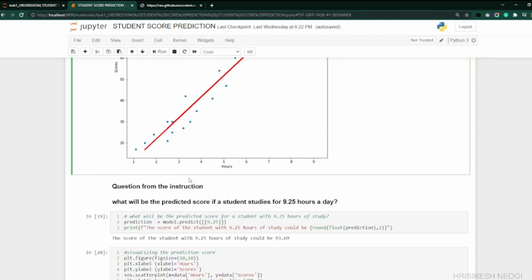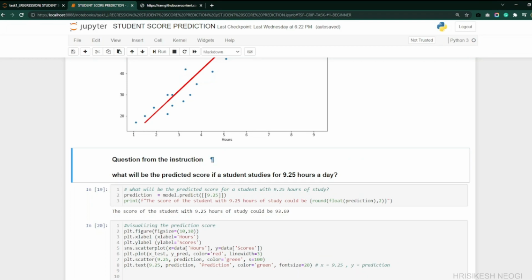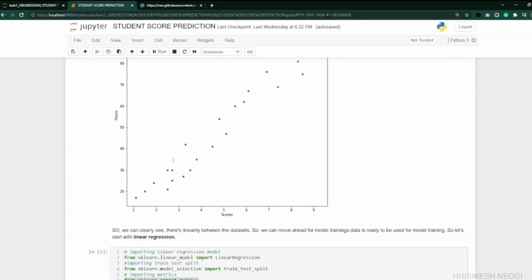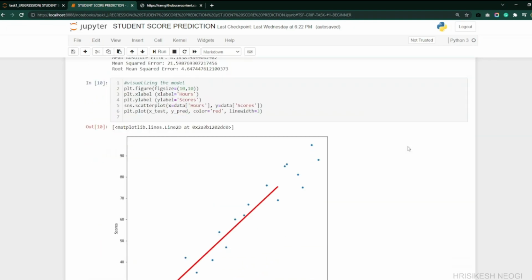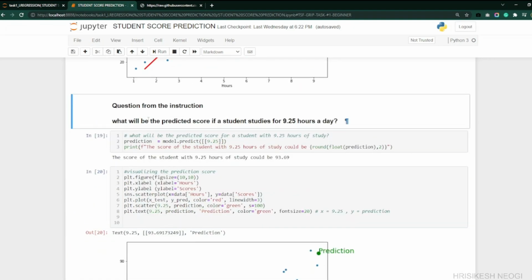Now the question which is asked here is: what will be the predicted score if a student studies for 9.25 hours a day? So we just need to predict that. I use model.predict and pass the x data, which is 9.25 hours.